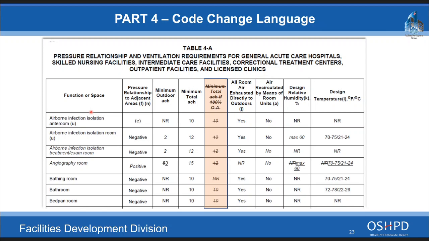This is really the most substantive change here. In Table 4A of the Mechanical Code, we removed the 100% outdoor air column. We did that because there was an old legacy allowance in our code that was allowed to last for a while, and we're supposed to meet ASHRAE 170. In order to keep us in compliance with the requirements needed per CMS, this column wasn't valid.